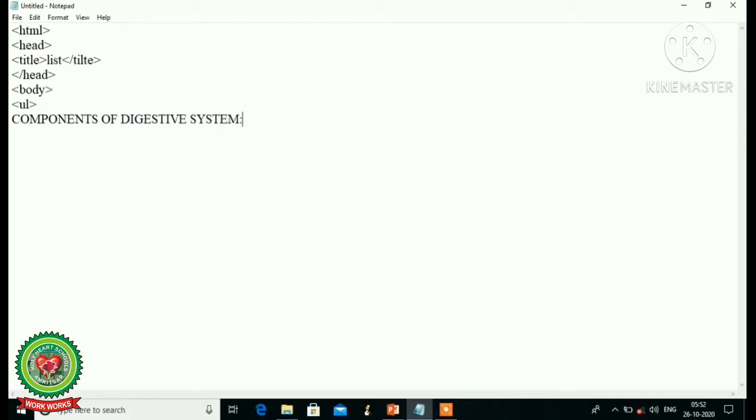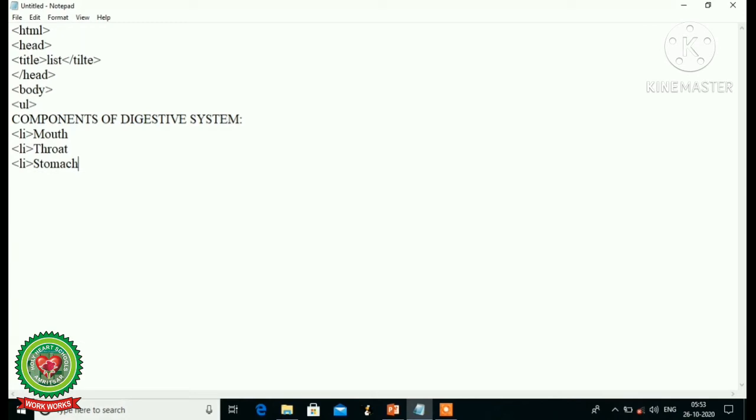Now I want to display the list items in a list, so type the things, start the LI tag, and then type your item. Now here I have written components of digestive system using LI.